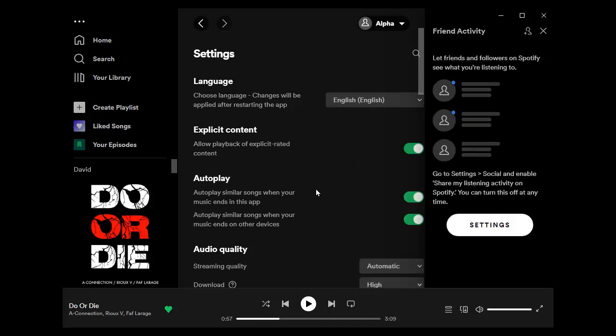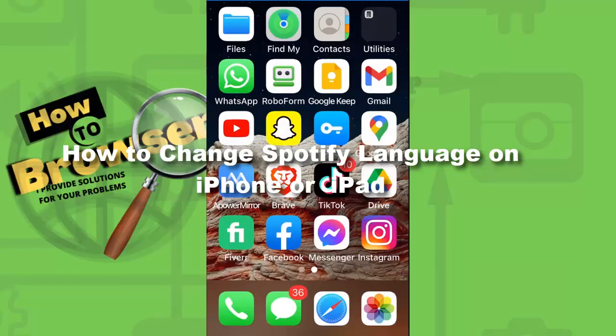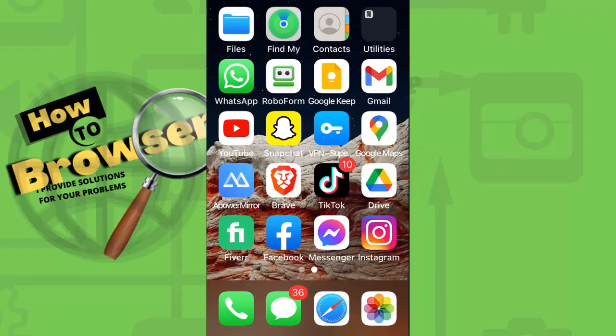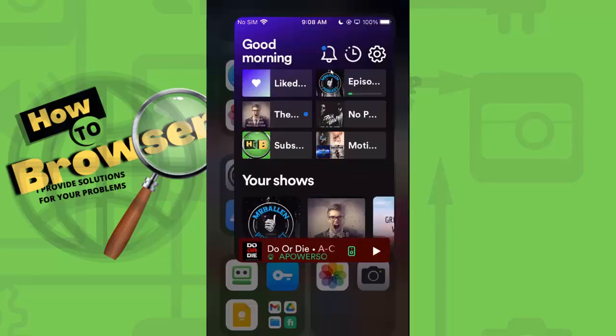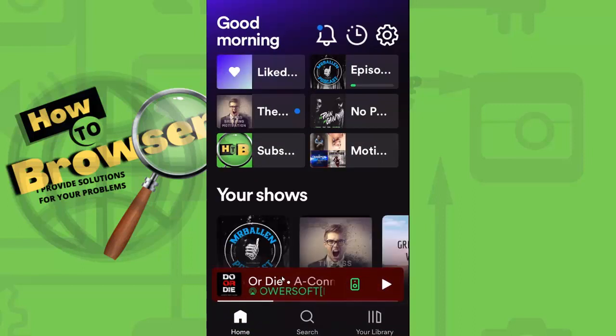Now let me show you how to change Spotify language on iPhone or iPad. There are two ways to change the language on Spotify. One way is to tap on the Spotify app, and from here go to your home page, please,